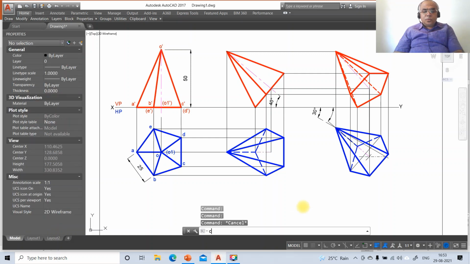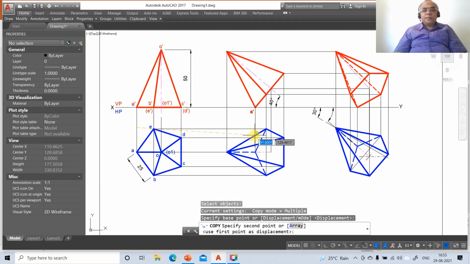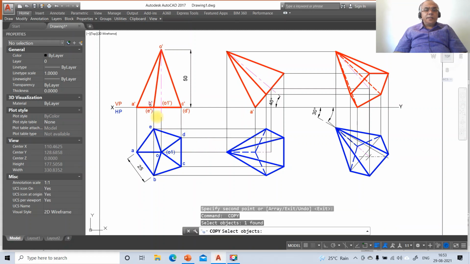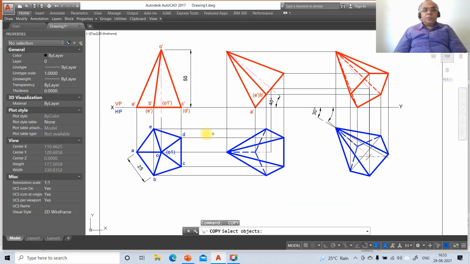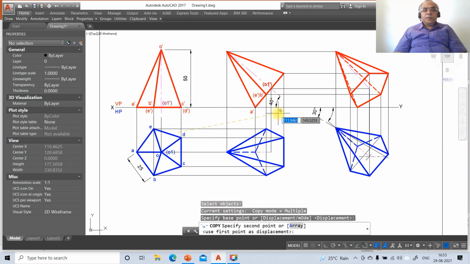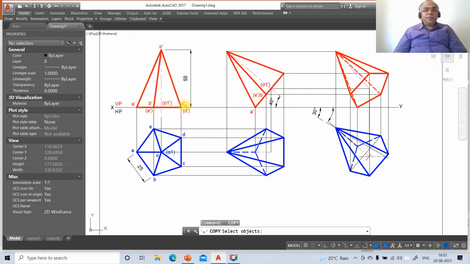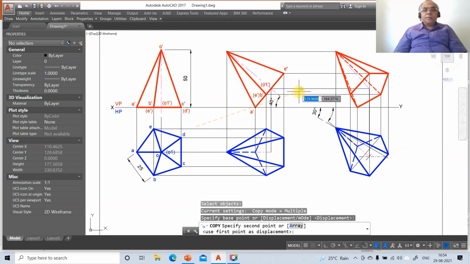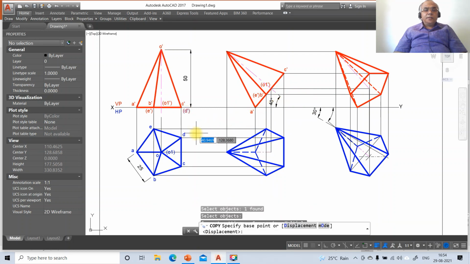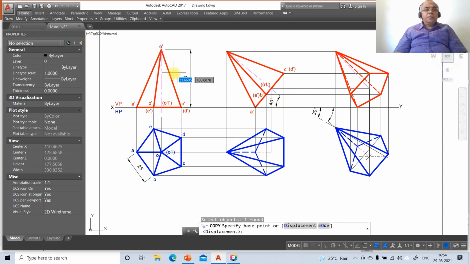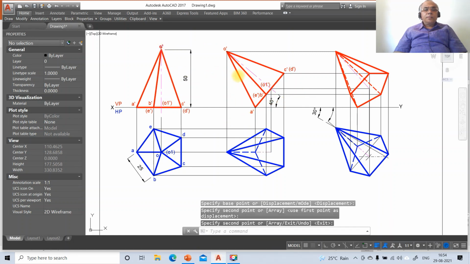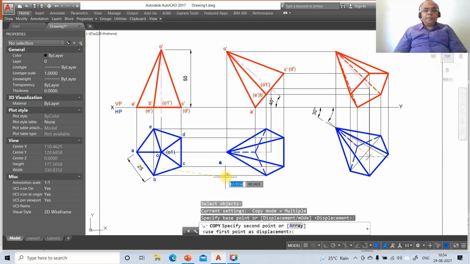Then once you do that, go to Copy. So you take A dash and you copy it here. You take B dash and you copy this here, then E dash here, you take O1 dash here, then you take C dash here, then D dash here, then O dash here, then Copy, you take A,